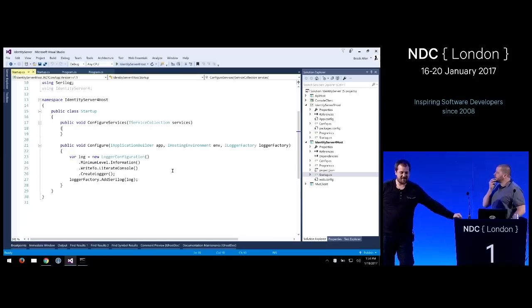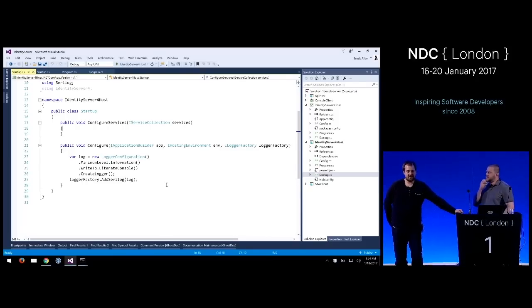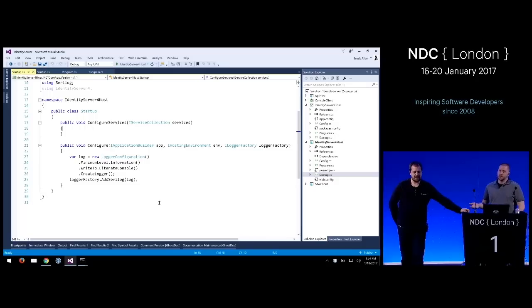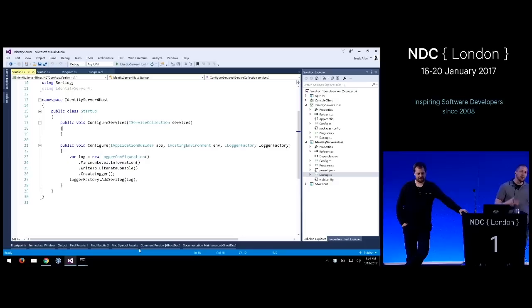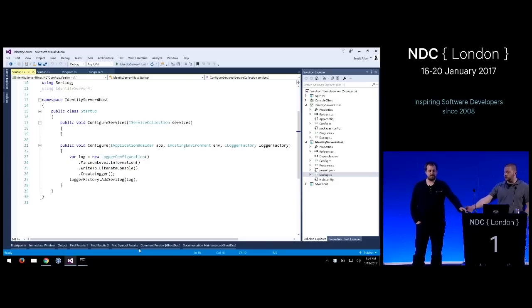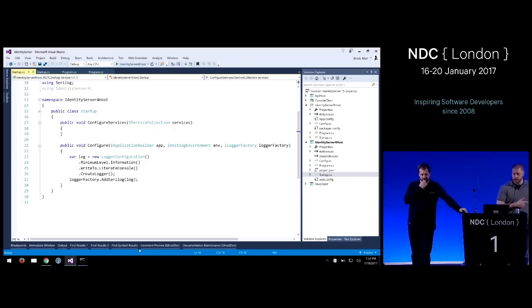But yeah, so the big change here with ASP.NET Core is that dependency injection is built in. So what that means is that our factory object that we used to have in 3 goes away. We actually removed a lot of code from IdentityServer4 when porting over to 4 because we could rely upon the platform services of ASP.NET Core. So the logging is also one of them that went away. Dependency injection, that was another big one too.